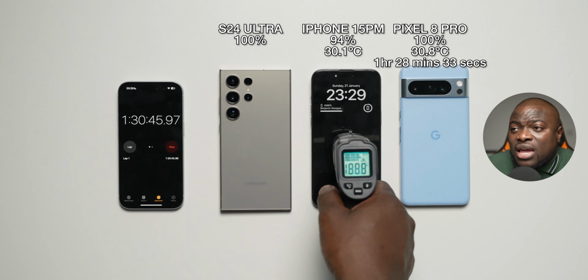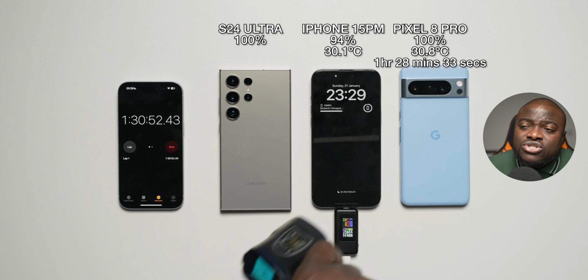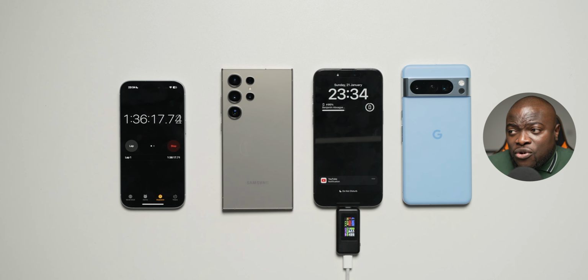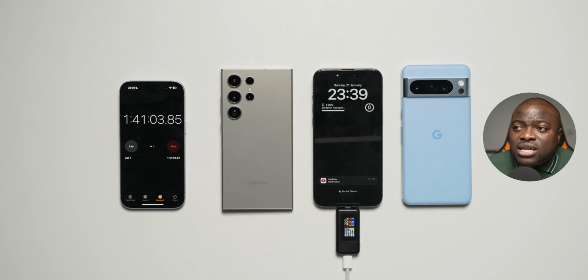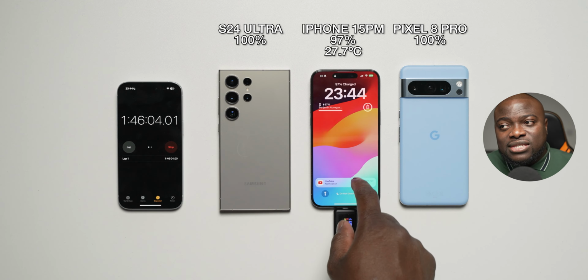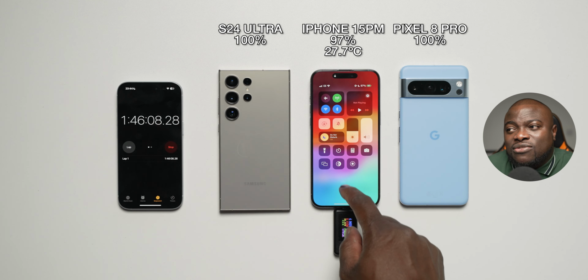So what we have here at the 90-minute mark interval, which is 1 hour and 30 minutes, is 94% charge and a temperature reading of 30.1 degrees on the iPhone 15 Pro Max. So iPhone is the last phone standing. Where we are going next is, of course, the 1 hour 45-minute interval mark, and it's at 97% charge. Yeah, so at this stage, the trickle charging on the iPhone becomes extremely aggressive, and this is just